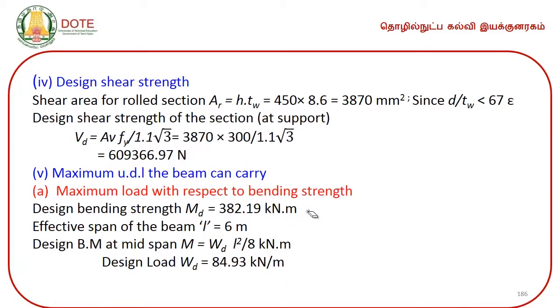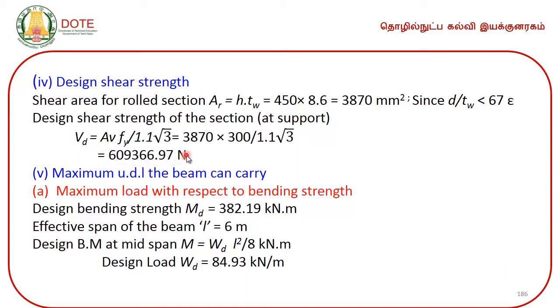And second, the design shear strength of the section. So, shear area for the rolled section is H into TW. H is the total depth of the section, that is given here, and thickness of the web is this. So, total shear area is 3870 millimeter square, and since d by TW is less than 67 epsilon, the shear strength of the given section is found by Vd is equal to AV, shear area, into yield stress divided by the partial safety factor. So, that is given by this expression. Of course, the value is found to be 609.36